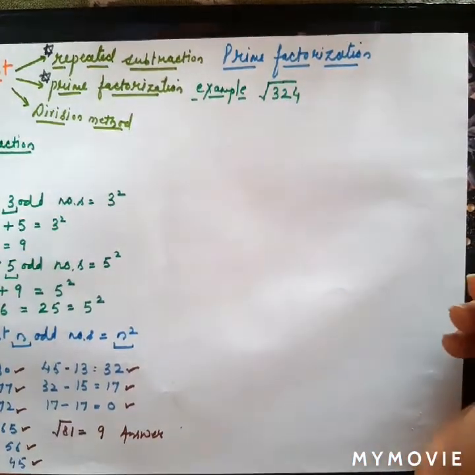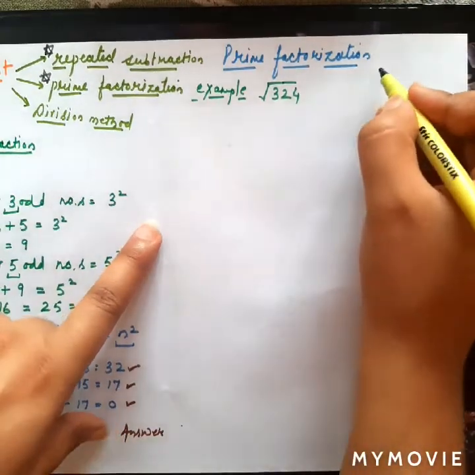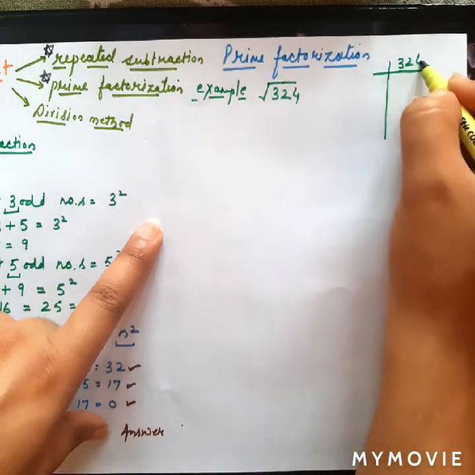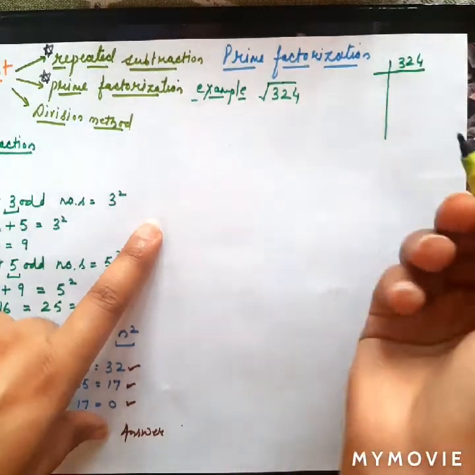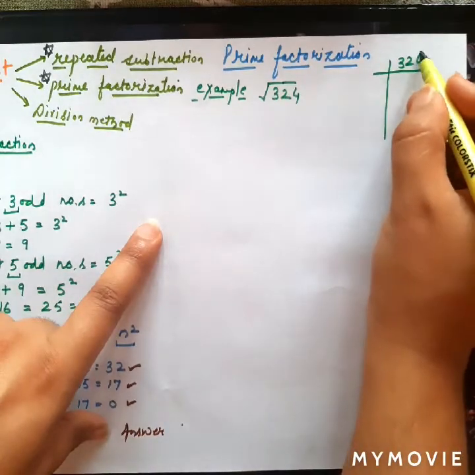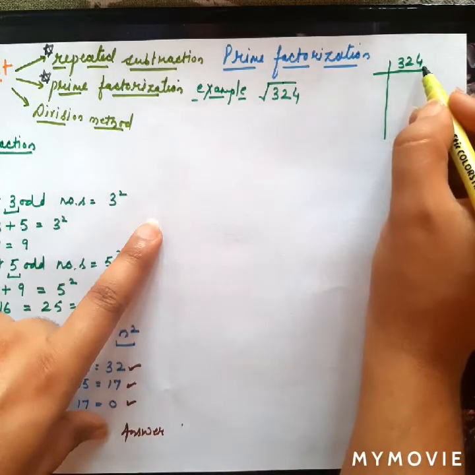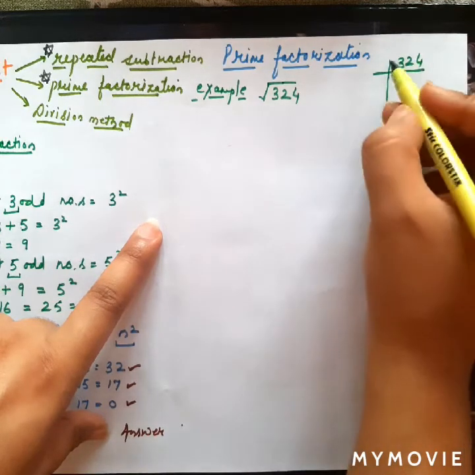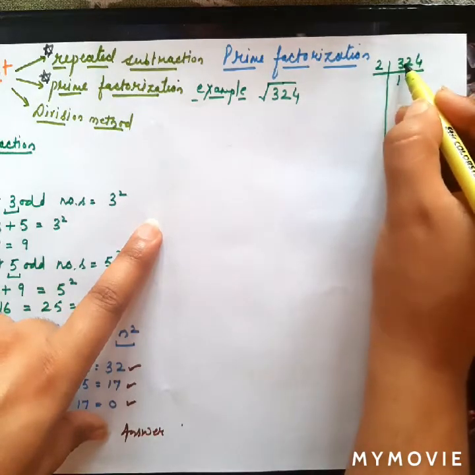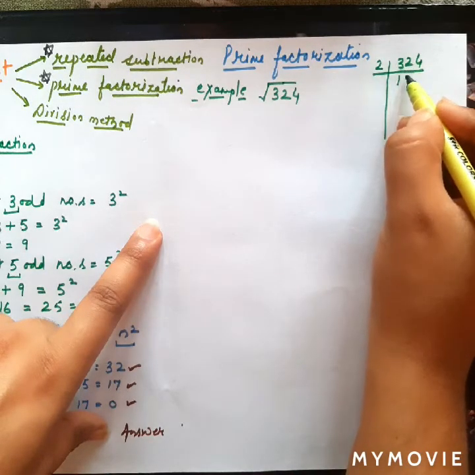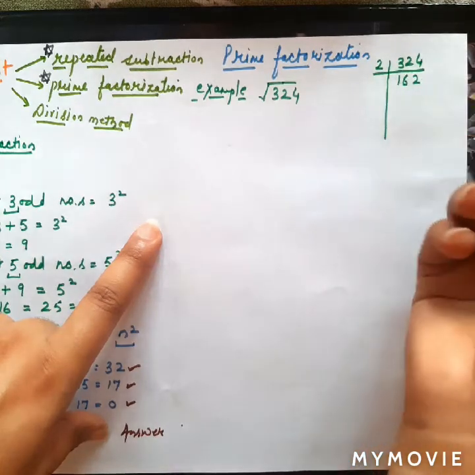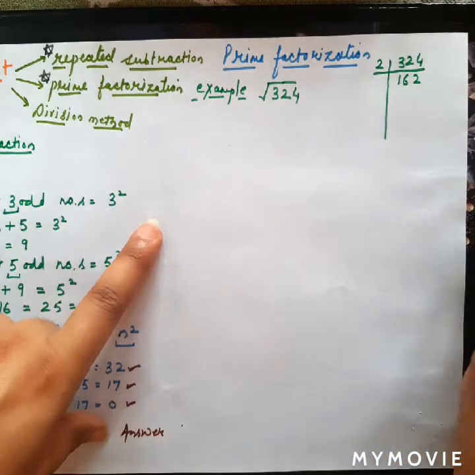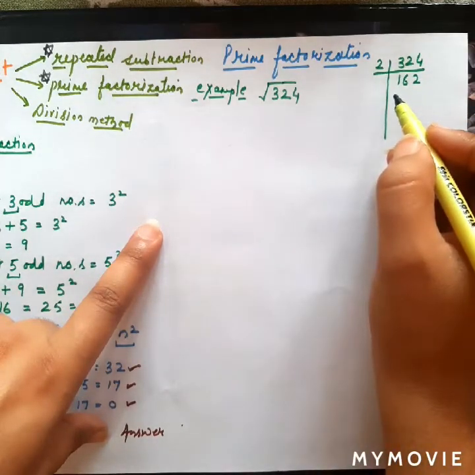In one of my previous videos I explained how to find prime factorization. First of all, we will make a table. 324, and we find the smallest factor of this number. The unit digit is 4, so it is an even number, so it will definitely be divided by 2. So we will take 2. 2 ones are 2, and 1 is left here, and 2 sixes are 12, 2 twos are 4. If some students find it difficult, then please tell me. I will make a separate video on how to find prime factors of a number.